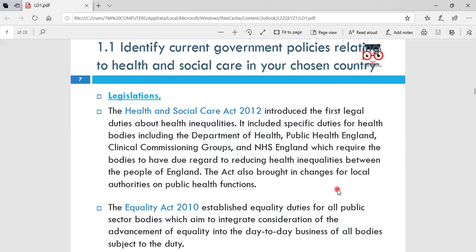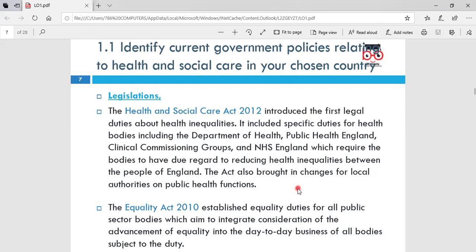The Act also brought in changes for local authorities on public health functions. So health inequalities are faced everywhere within the globe, but they're more likely to happen among ethnic minority groups. We don't call them BAME communities now, we call them people from ethnic minority backgrounds. They're more likely to face health inequalities, which research has shown. So what is the function of this legislation? The Health and Social Care Act 2012 actually works on